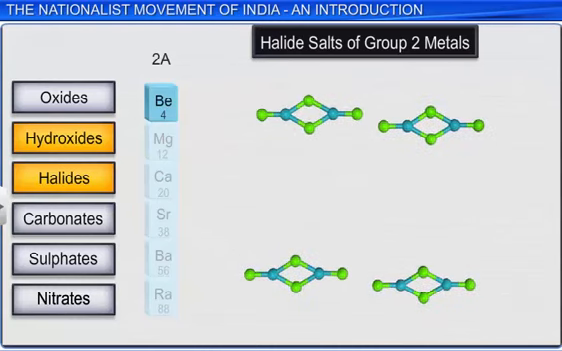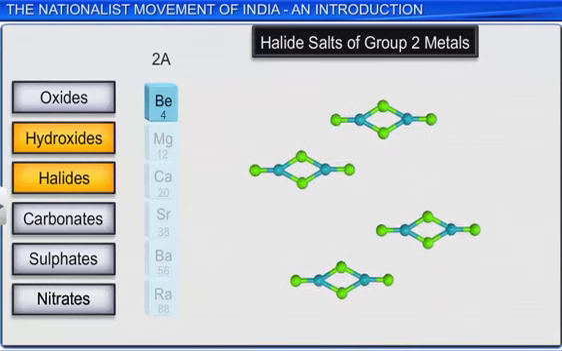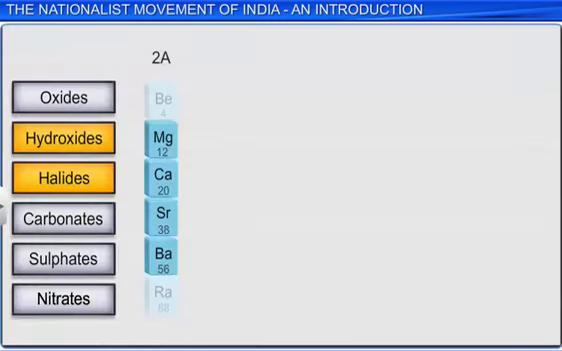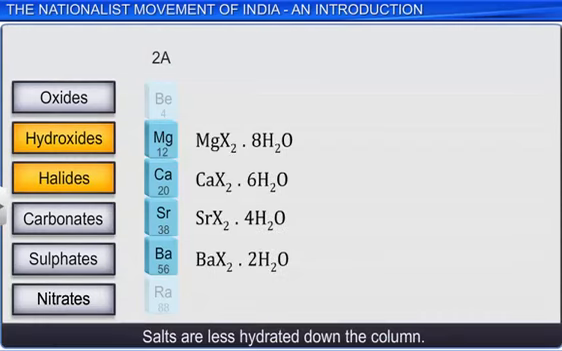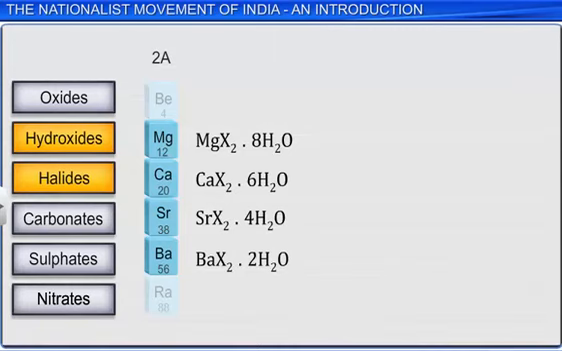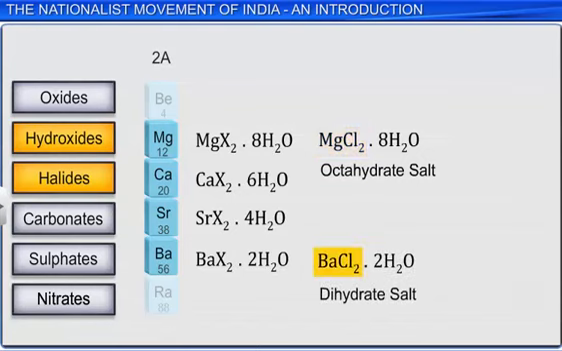The halides of the group 2 elements are often found as hydrates, but these salts are complexed with fewer water molecules down the column. Thus, magnesium chloride is an octahydrate, whereas barium chloride is found as a dihydrate salt. These salts can be dehydrated upon heating,